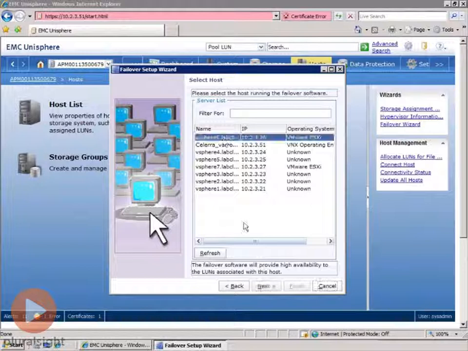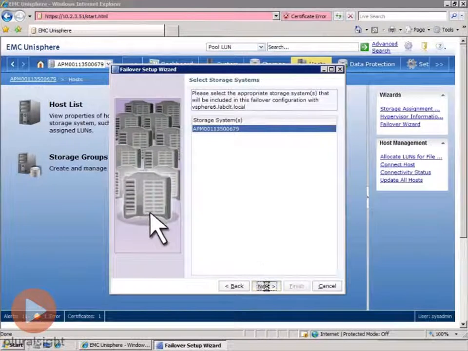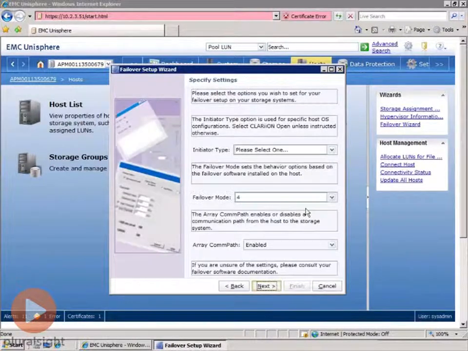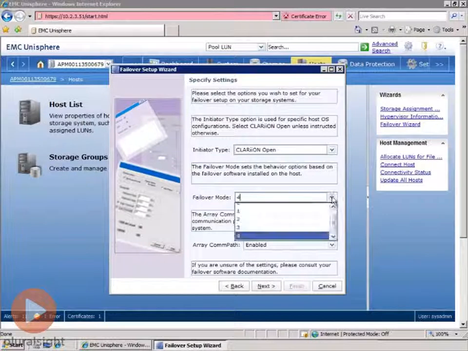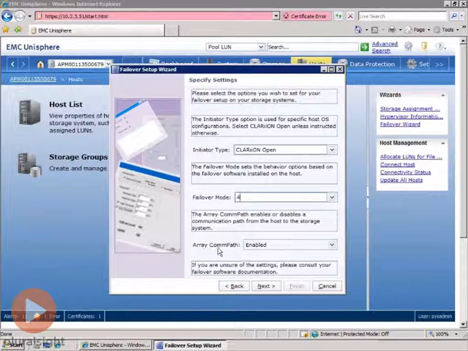So for instance, I could go in here, select vSphere 6, hit next, select the array, next, and then you'll see the same information that we were presented with on a couple previous screens. So I could change the initiator type to Clariion Open, could change the failover mode to 4 or any other failover mode I wanted to. And then I can set the array COM path, which is enabled by default. It was actually an advanced setting on the previous screen. You didn't see it. And then you go next, and then finish, and then that would change the initiator records